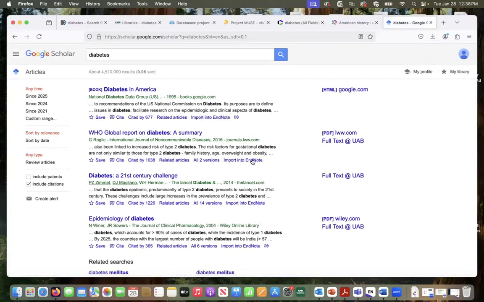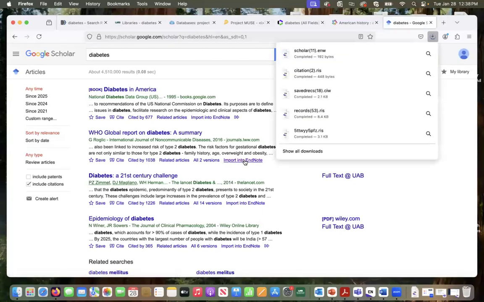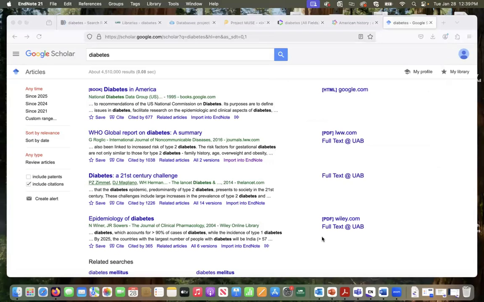If I want to import any of these options, I can just select import. You have to go one at a time though. In the databases, you can select multiple options, but for Google Scholar, you have to do it one at a time. But whenever I need to retrieve multiple citations from Google Scholar, I usually use software called Publish or Perish, and I can show you that really quickly. That's if I need to do a bulk search in Google Scholar, so I don't have to do it one at a time. But if I only want a few things, then you can do it this way. Anyway, it's in downloads. I click,